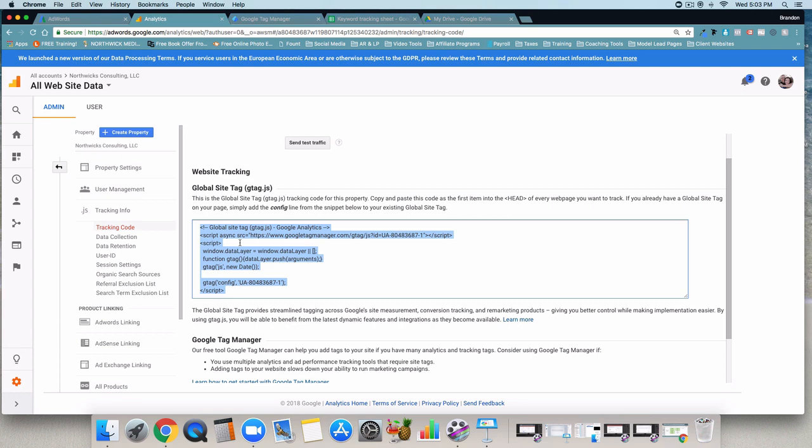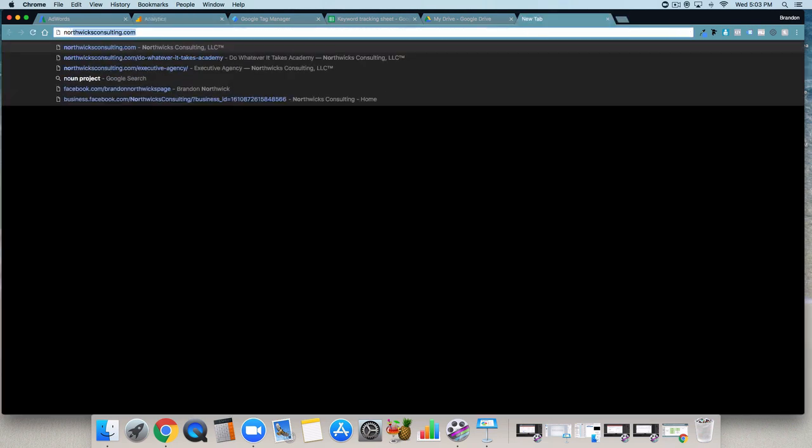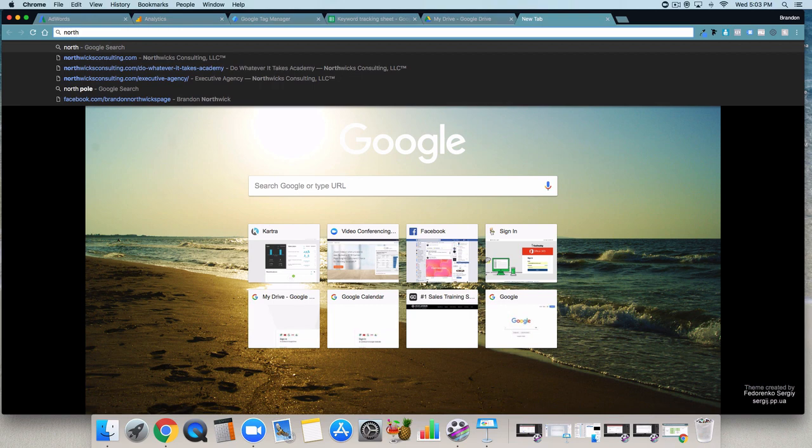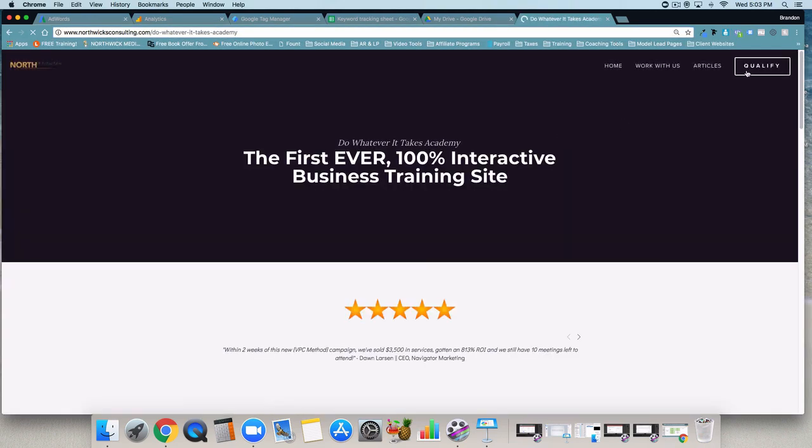Okay, now this is done through any of your marketing funnels, through any of your actual websites. If you are using WordPress, it's the same thing. It's just in the head area of every web page that you want to track. And you're going to be able to know that it's set up once you come to, let's say, Northwicks Consulting. Let's say we're coming to the actual academy side. You're going to see that we have